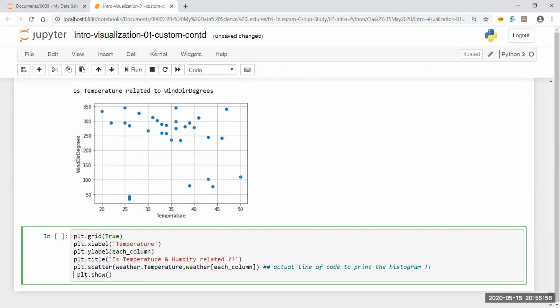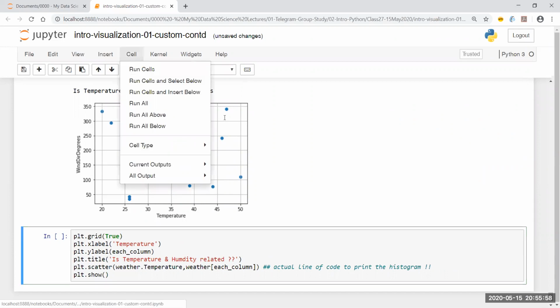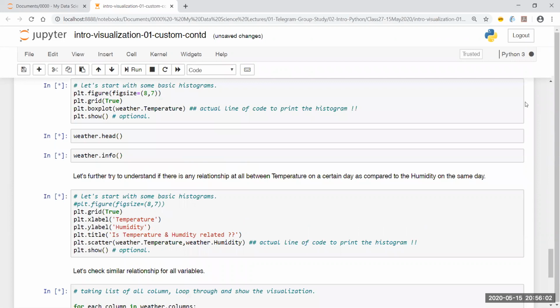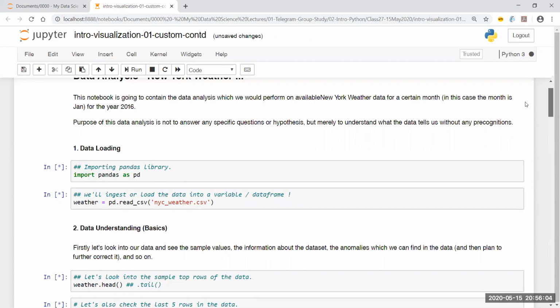First of all, take 2 minutes of yours, go to cell and say run all. This is going to run all of my cells. Let it import the library and load the data. Then we should be prepared, and then we should be able to do it. In the meanwhile, if any one of you have any questions, maybe we can answer them.